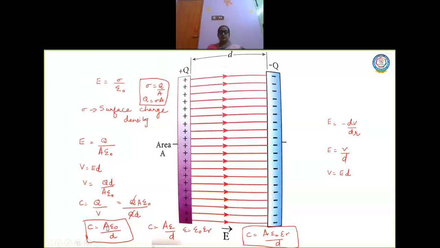If the area of cross section of the capacitor is increased, now if you have more area, you can store more amount of charges, right? So more charges can be distributed for the same potential difference. You can have more charges if the area is going to be more. If the area is going to be more, naturally capacitance also will be increased. So that is the first point.